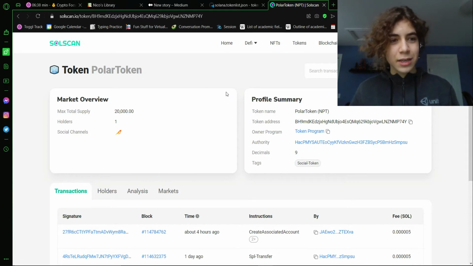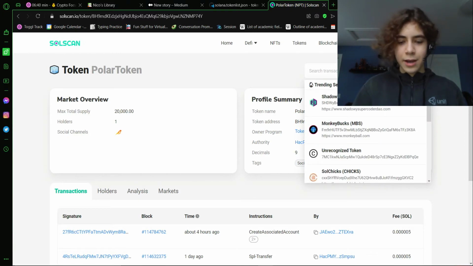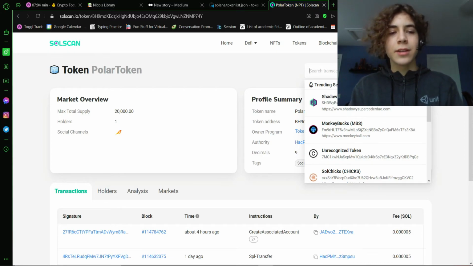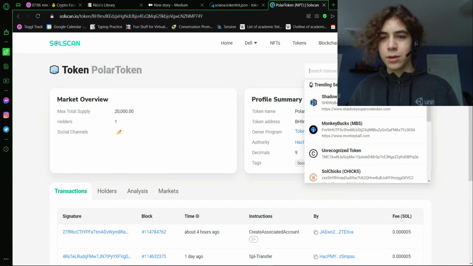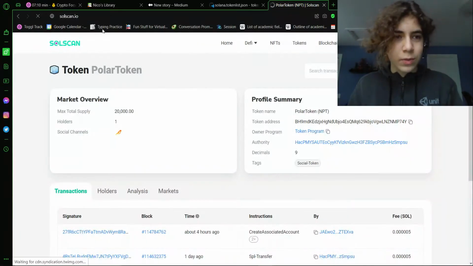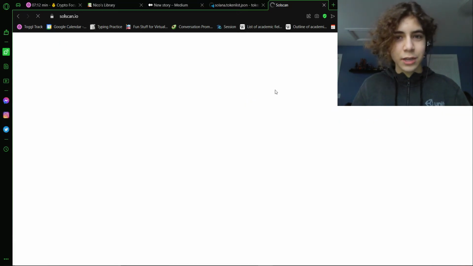But this is actually on the Solana blockchain. If you don't know the difference between Solana and Ethereum, I'm currently writing an article. Check the description. If it's not there, it's going to be there very soon. So Solana is just a different blockchain to Ethereum. Generally, it just works a little faster. It works on a different system called proof of stake instead of proof of work. I'm not going to go too deep, but again, there's an article in the description if you want to learn more about that. But if we go on just solscan.io, which is able to scan the Solana blockchain, here we